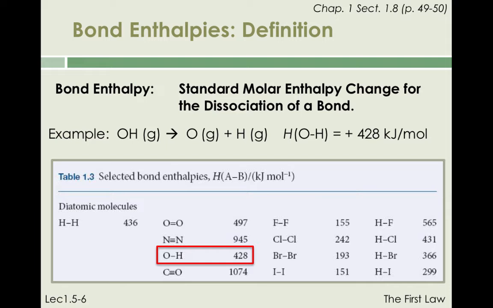Obviously, bond enthalpies are quantities which provide a direct measure of the strength of a chemical bond. So one should expect, and we indeed observe, that the bond enthalpies decrease in the series HF, HCl, HBr, and HI. This behavior is obviously explained by an increasing atomic radius for the halogen and the decreasing Coulombic attractions between the hydrogen and halogen atoms as we move down in the periodic table.